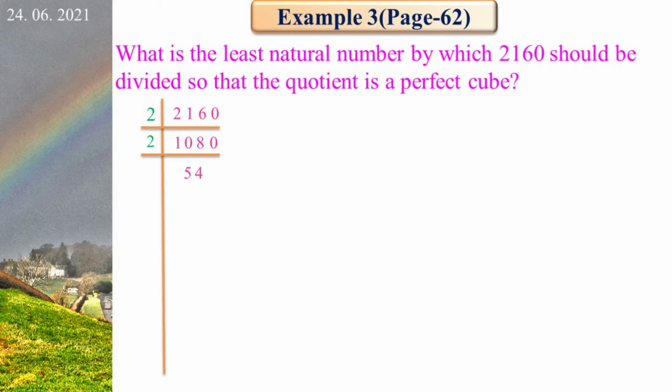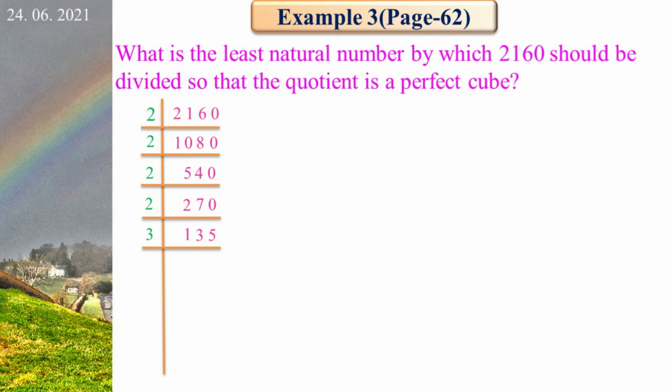5 2s are 10. 4 2s are 8. 0. Next we take 2. 2 2s are 4. Balance 1. 14. 7 2s are 14. 0. Next we take 2. 1 2 is 2. 3 2s are 6. Balance 1. Next digit is 0. 10. 5 2s are 10. 135 is an odd number. So we cannot take 2.